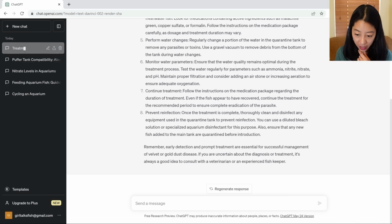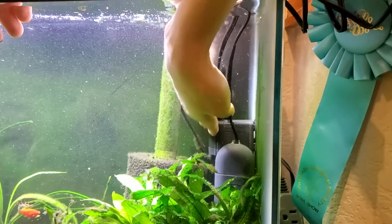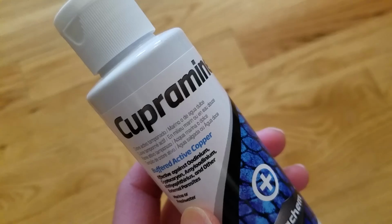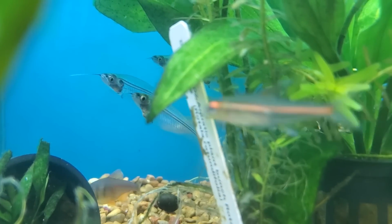Treat with medication. So what do they recommend? Malachite green, copper sulfate, or formalin. So what I've usually seen on the internet is people recommending UV sterilizers, and then yes, stronger medications like copper-based ones that are usually pretty harsh on fish and can be detrimental to them, especially if the fish is already weakened. I personally have not dealt with this disease, but Aquarium Co-op, Corey, our founder, he had some glass catfish